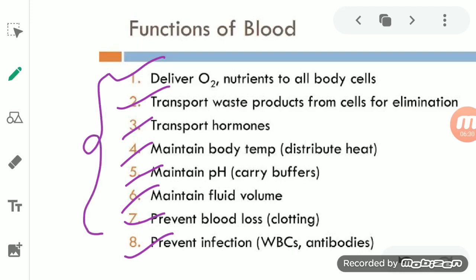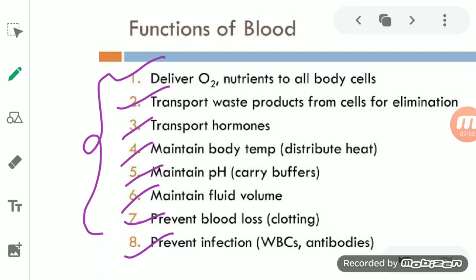The major one is that blood helps in transporting the nutrients, hormones, as well as vitamins to the tissues, and transports the excretory products to the liver and kidney. The RBCs, the red blood cells, consist of hemoglobin. This hemoglobin helps in carrying oxygen to the different cells of the body, where the oxidation of the food can take place easily.